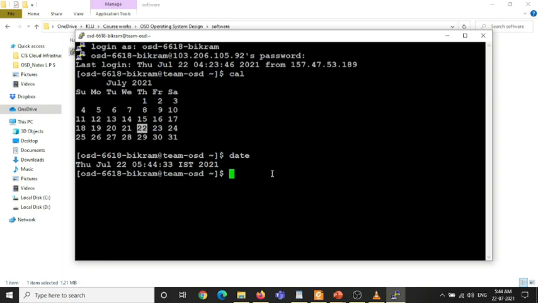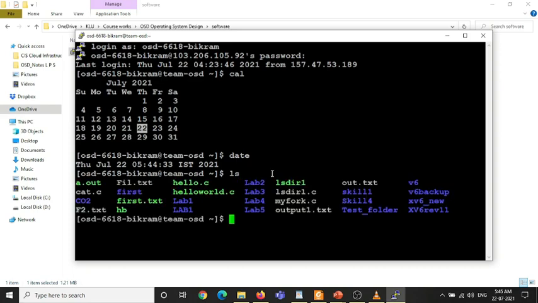Similarly, there is one more command, the ls command. What it will do is display all the directories and files in the current directory. For example, if I type ls, you can see I have created many directories over here, like lab1. It is case sensitive: you see, lab1 with a small l, and Lab1 with a capital L. So I have created many things. How to see the directories? Using the ls command.